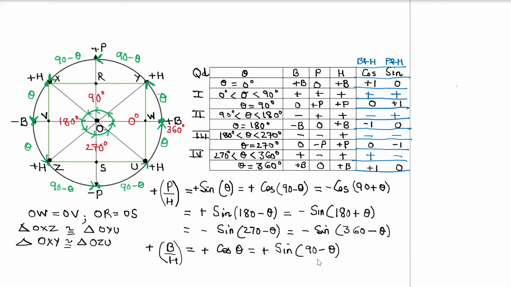Is there any other quadrant in which the sine and cos have the same values? Forget about whether they are positive or negative. So sine and cos have the same values, I mean the same polarities, in the first quadrant and the third quadrant. So can I say when I am talking about the third quadrant, this is equal to cos of 180 plus theta. Okay, so now this becomes minus, and thereafter you can deduce it like this.